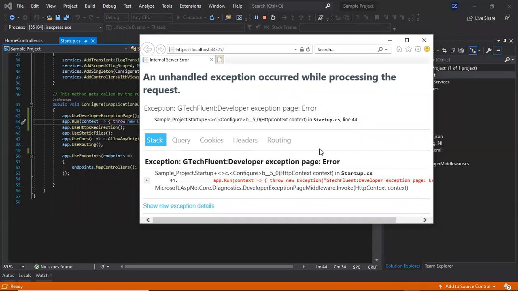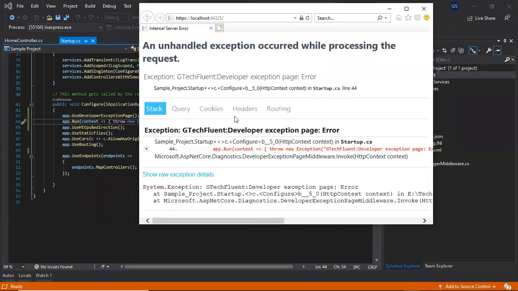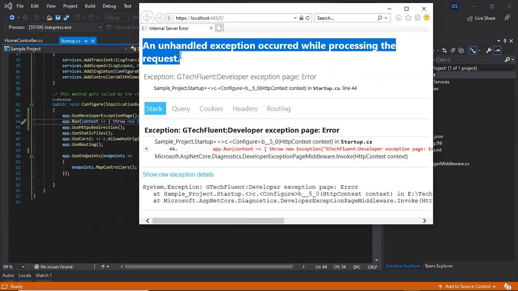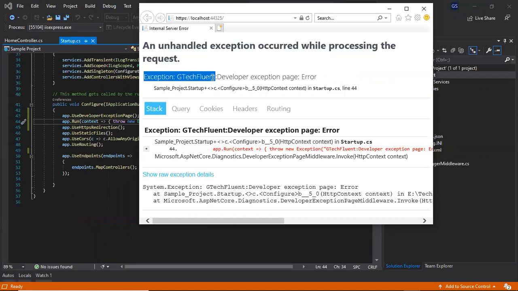If you have any experience with classic ASP.NET, then it must be similar to that yellow screen. The developer exception page contains this information. This is the title, which indicates the problem, what problem is in the exception. This is the details about the exception, like we have thrown the error.